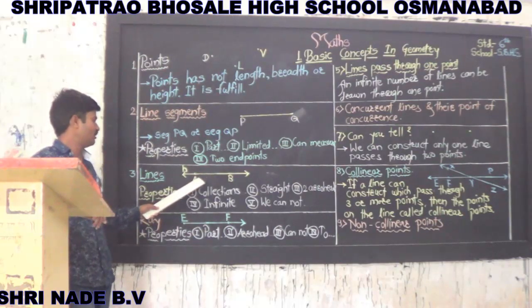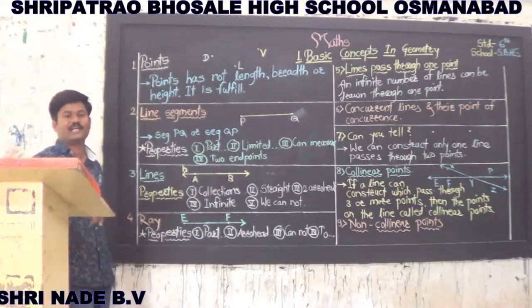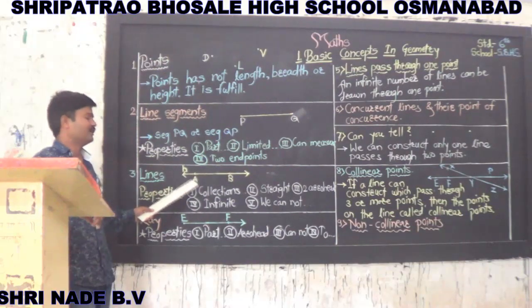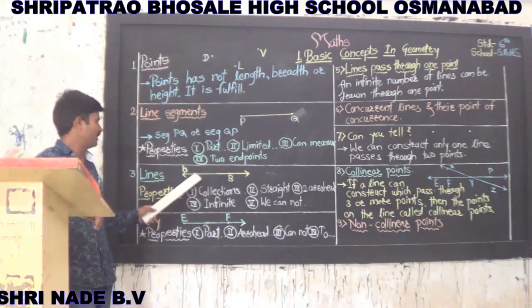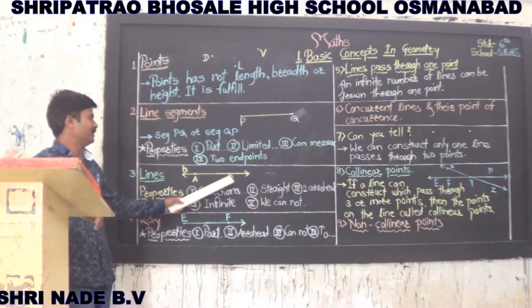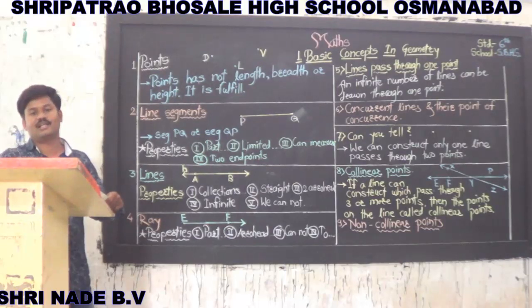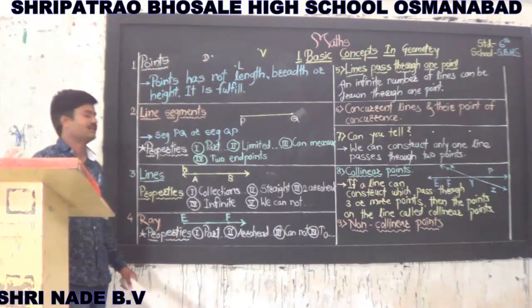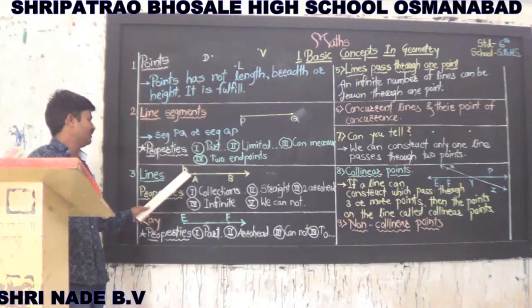On the blackboard, line AB is drawn. The same line we can read by another name, line BA. Here, related to line AB, point A and point B are any 2 points on the line. Any line we can also read using one letter. Here, line H.